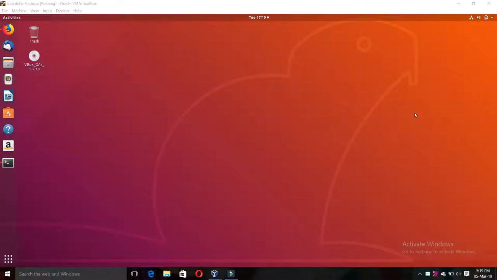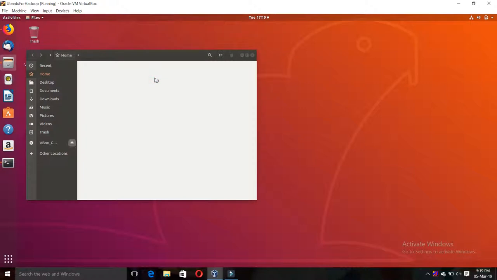Hi friend, today we will see how to install Pig into the Ubuntu machine. First of all, I have already copied the Pig from Apache Pig. You can download it from there. I have given the download link in the description box. So after downloading,